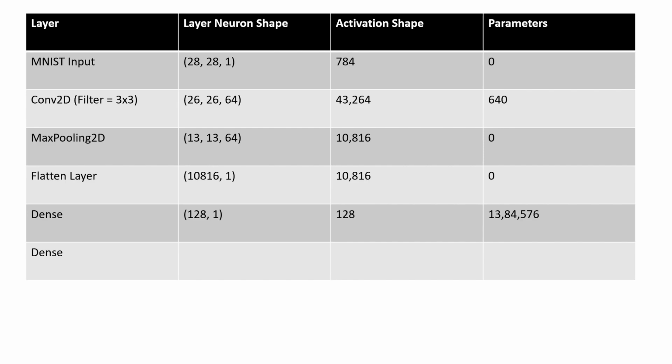Now comes the dense layer, where I have 128 neurons. The parameters learned in my dense layer are 1,384,000, so those are a lot of parameters. Now how did I actually calculate these parameters? The formula changes over here. It doesn't stick to the way it was with the convolutional layer. It uses the standard neural network formula: the current layer neurons multiplied by the previous layer neurons, plus 1 for bias, where the bias is multiplied by the current layer neurons and then added.